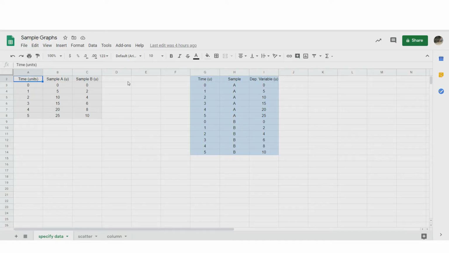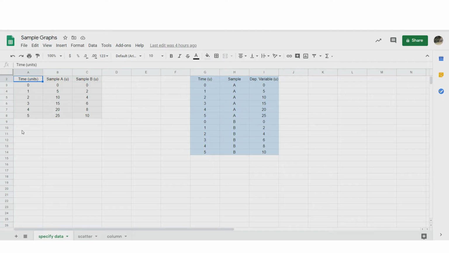The key with any graphing software is you need to know what you want your results to be. You don't want to count on the program to correctly predict what type of graph you want to make. For example, here are two data entry methods with the same data.